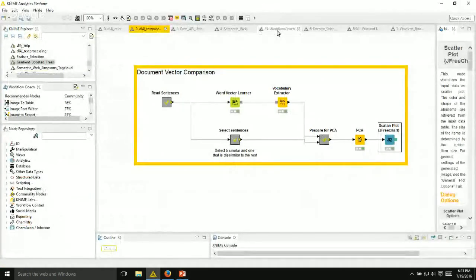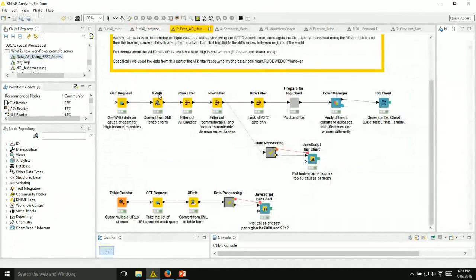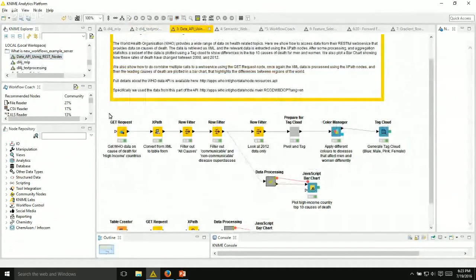So here we are. Okay. So, as I said, the REST nodes can be found in the KNIME Labs section